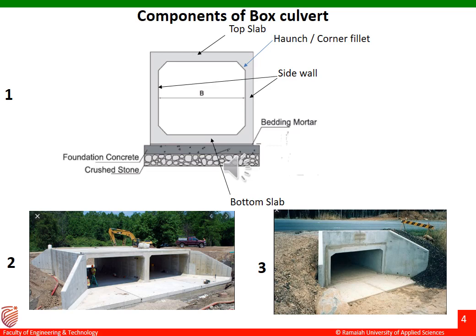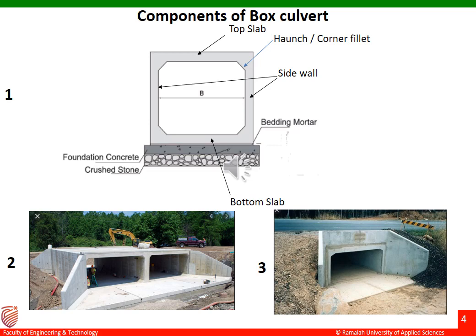Similarly, if it comes to the side walls, as you all know, in case of a slab culvert, as supports we have the abutments at the ends, but in case of the box culvert, we will not be having any abutments. You know that abutments are meant to provide the support for the deck, but in case of the box culvert, these side walls serve the purpose of abutments.